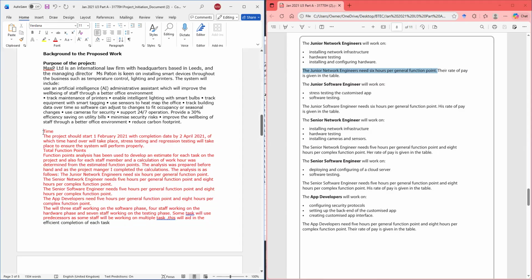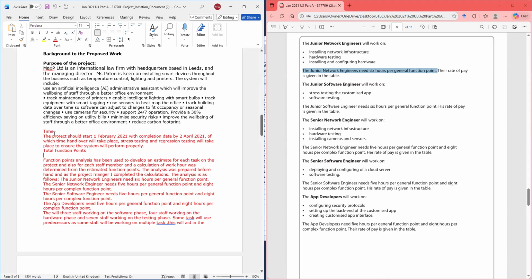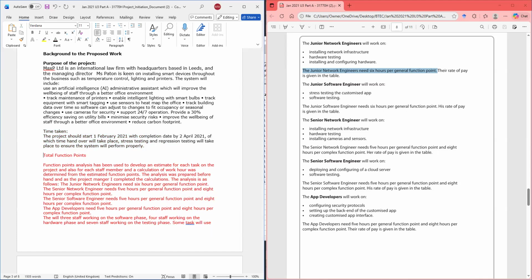Right, and then we talk about the time function points. So let's separate these. So the time taken, and then we talk about the time taken. Let me change our color here. Let me change it back so you can see it properly. And then this one, we separate it a bit.